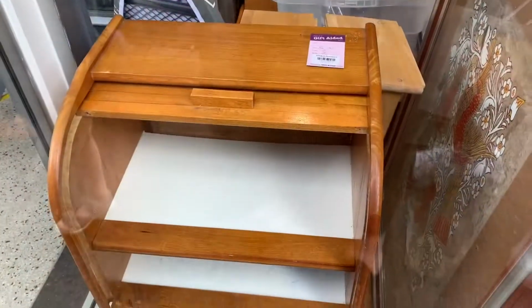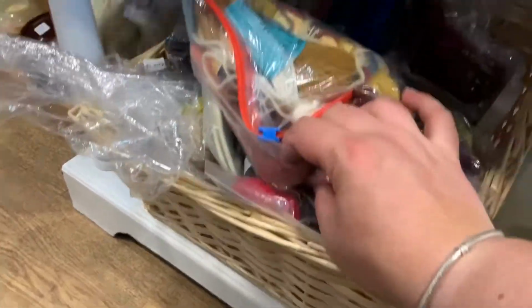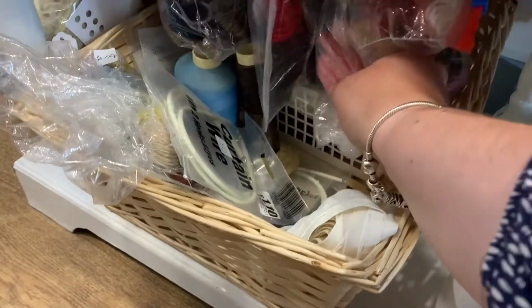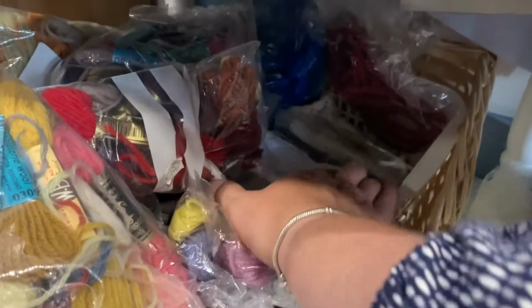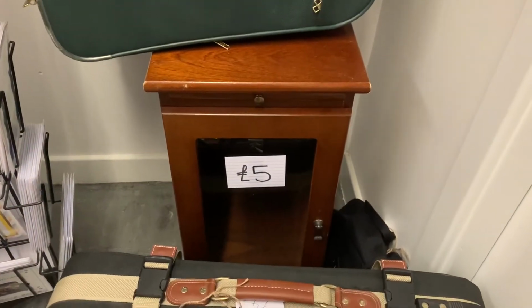Earlier on you saw some buttons. There are a lot of finds around everywhere for crafting as well as to add to your craft room. Here we've got loads of wool again. I was hoping to maybe find some embroidery thread, but today I wasn't as lucky. However, look at this